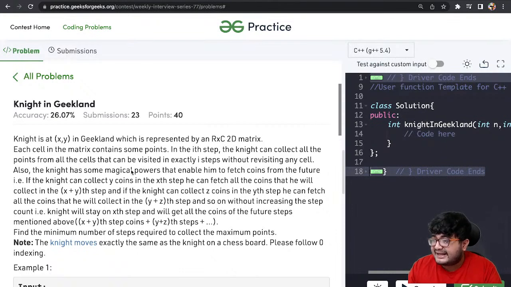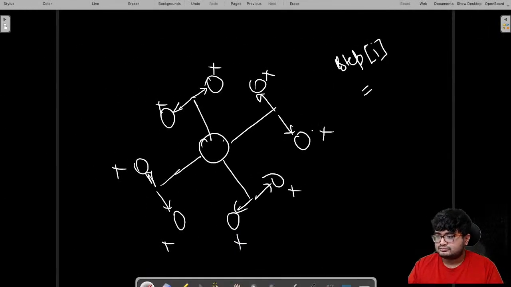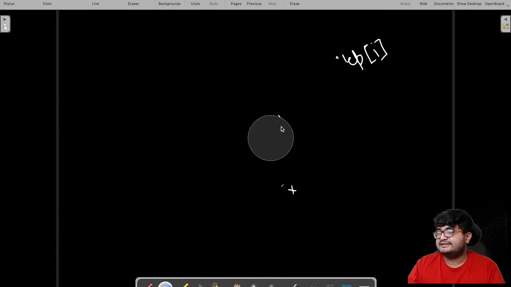Also, the knight has some magical powers that enable him to fetch the coins from the future. That is, if the knight can collect y coins at the xth step, he can fetch all the coins that he will collect in the (x plus y)th step. And if the knight collects z coins at the yth step, he can fetch all the coins from the (y plus z)th step. Okay, this is a bit complicated. Let's understand this in simple words,